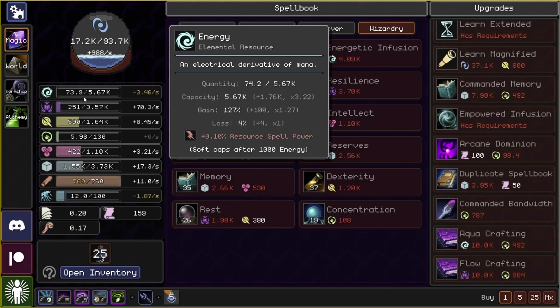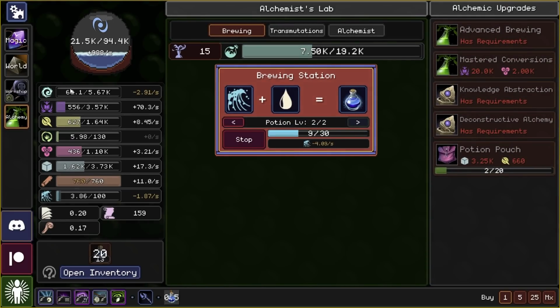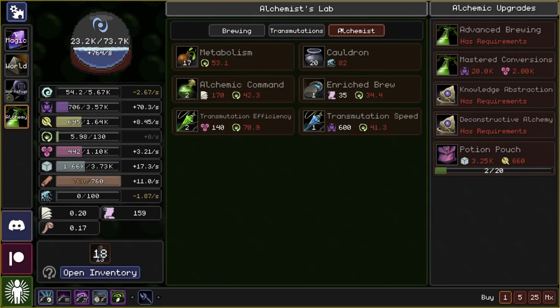Let's keep investing in aptitude. Ooh, that really does actually improve my mana gain. Okay, where's my head at? Well,